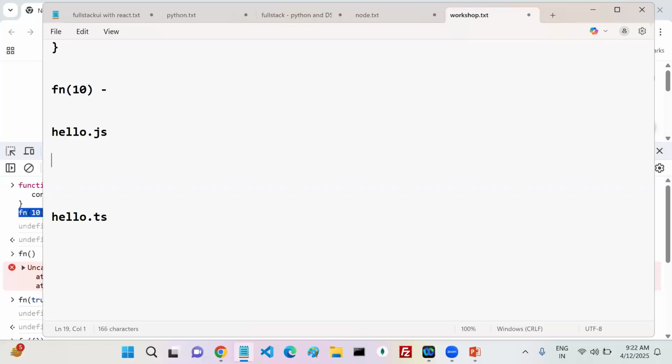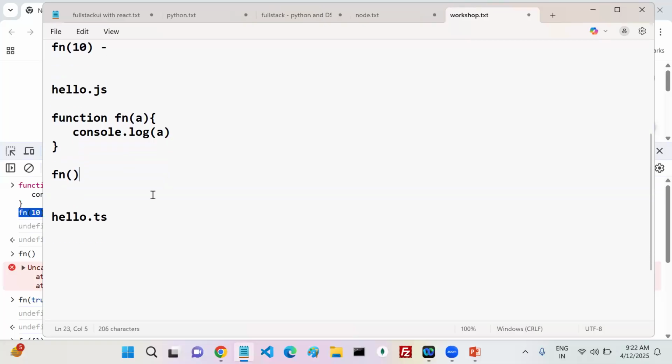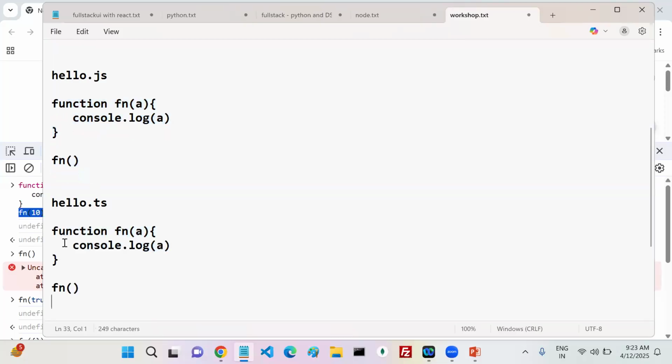you can write a function fn, with a parameter a, and here you can write console.log of a. Here you can pass any value, and that value is going to be printed. But coming to TypeScript, the same code only, no change at all in the syntax, same JavaScript code.